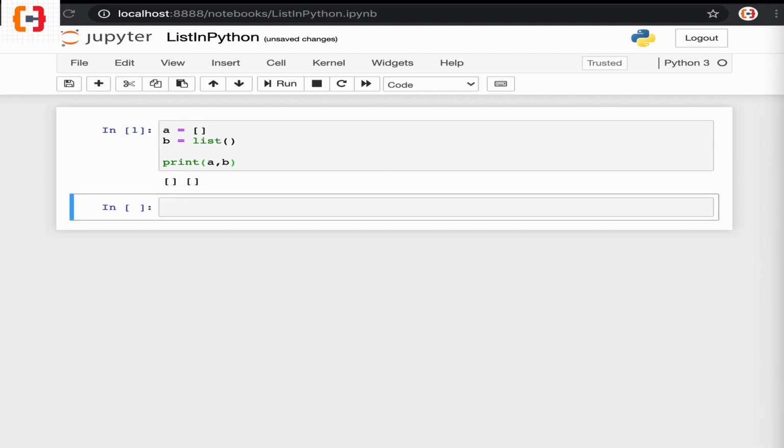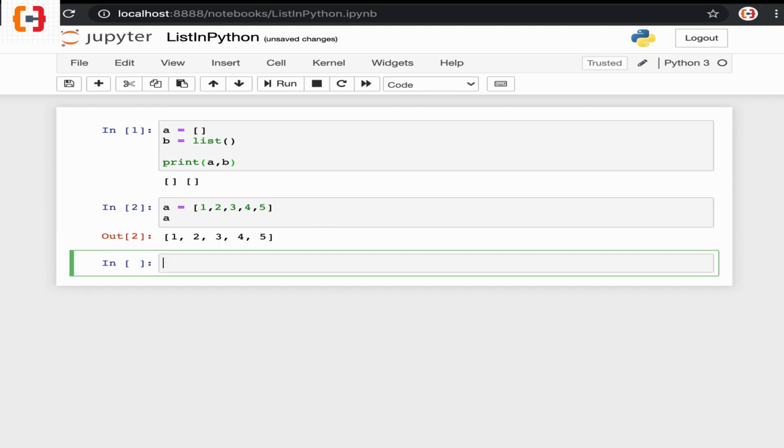A list can take any number of elements and each element can belong to a different data type, for example, string, integer, etc. That means we can create lists of different data types as well. So let's first create a list of integer data type. To do that, we define a variable a and initialize it with a list of integers. The values are 1, 2, 3, 4 and 5. If you print the value of variable a, we can see the list of integers is printed.